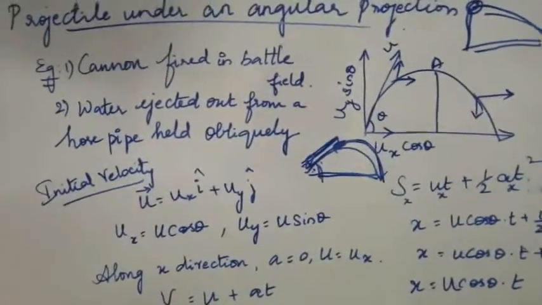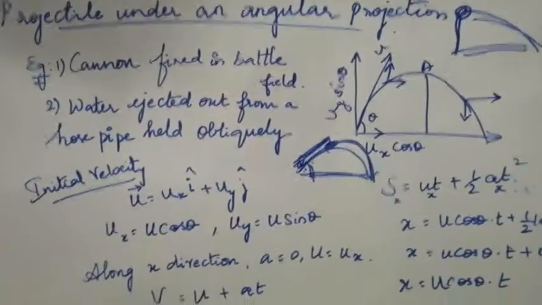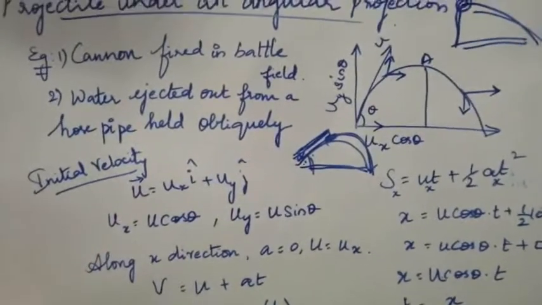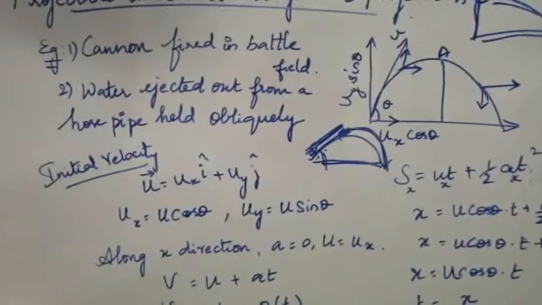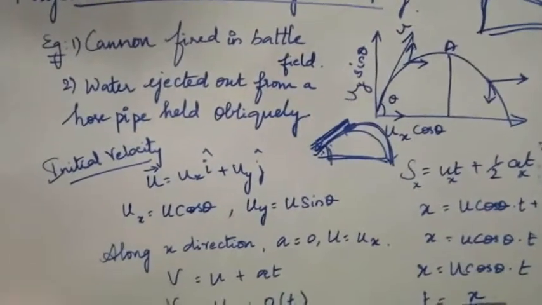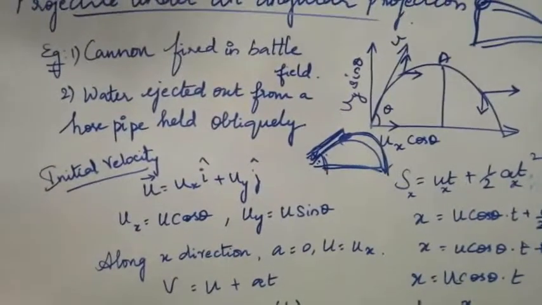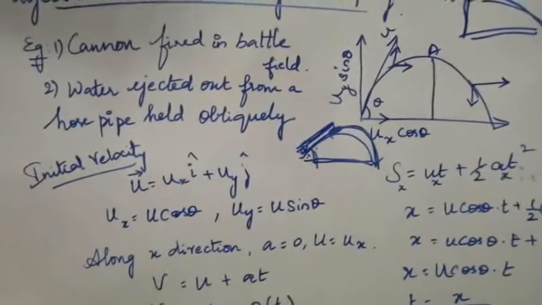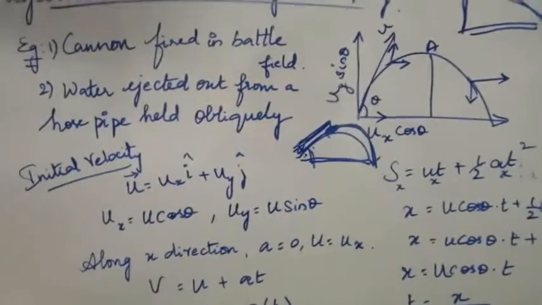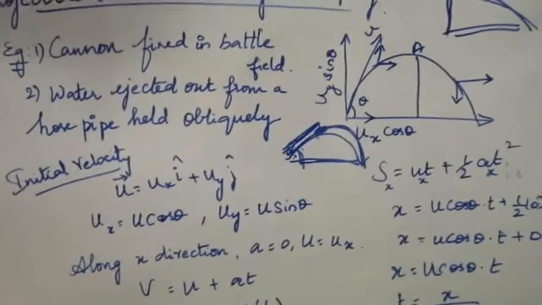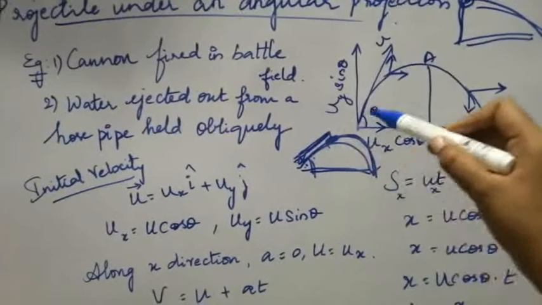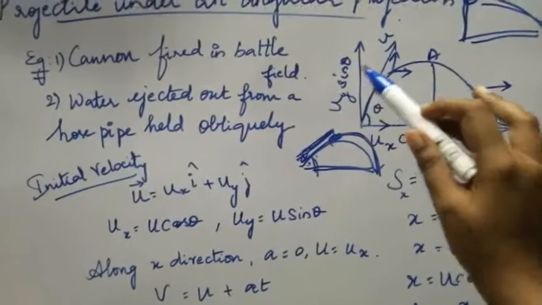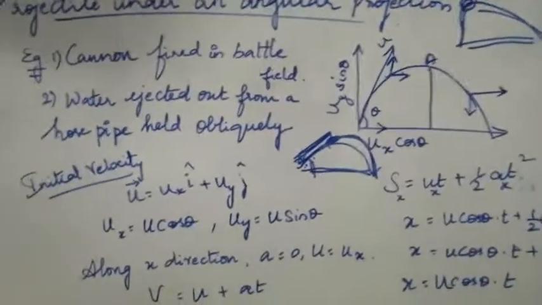So now you're going to calculate the same parameters here for this angular projection. First we will start off with all the considerations we had in the previous case. The initial velocity will be there in the horizontal direction, and the initial velocity u will be 0 in the y direction. For the x direction the acceleration is 0, whereas the acceleration for the y direction is due to gravity, because once the object is held out in space, it moves down towards the earth due to gravity. That is why it makes a projection.